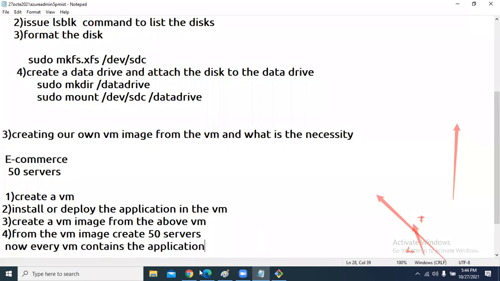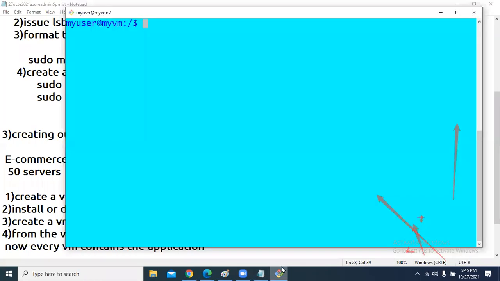For that, let me do some installation in this VM. Let us say sudo apt-get update. Just installing some application. Apt update only.